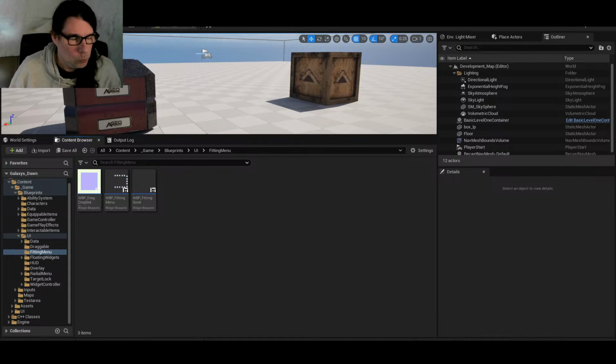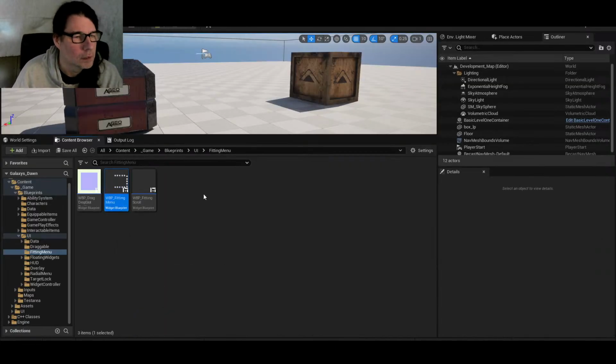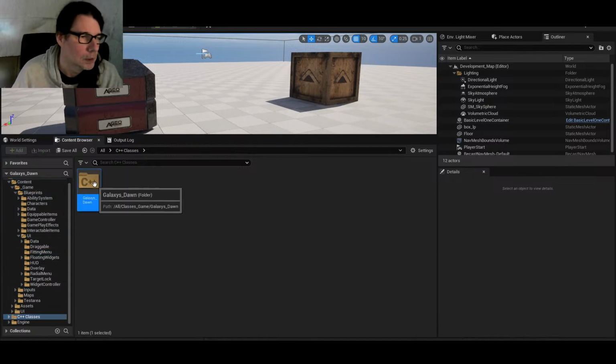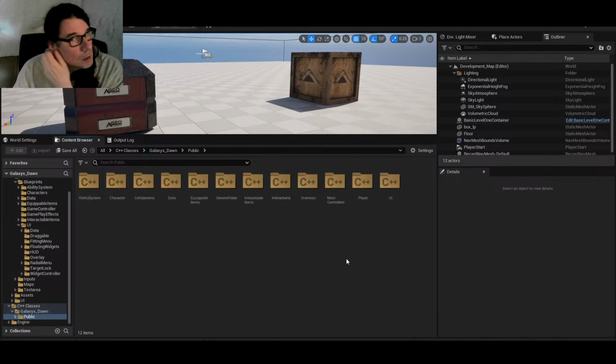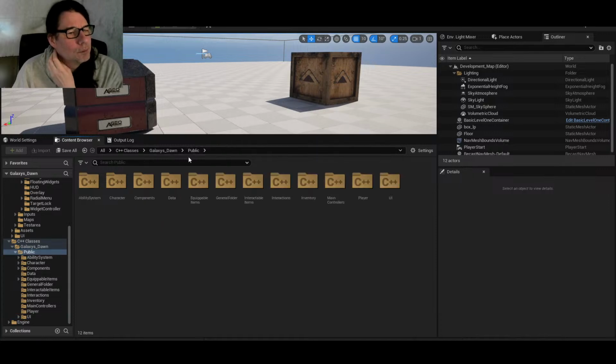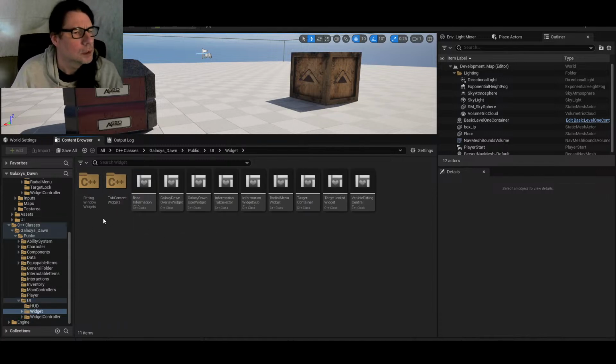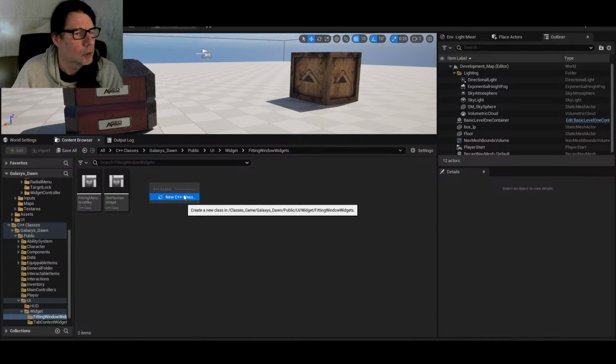We need to create a widget that will be displayed for the storage container inside the window. So we're going to have, in this window, a row of those. So I need to have a new C++ class, because this is how I do it. Let's see here, UI, widgets. We're going to create a new